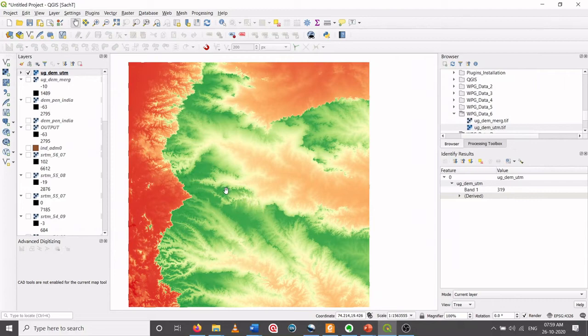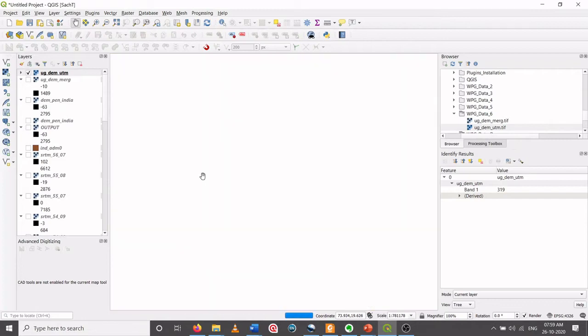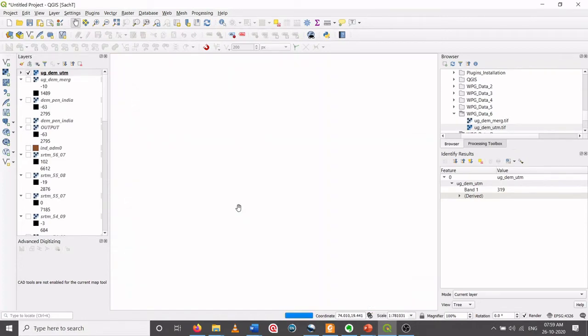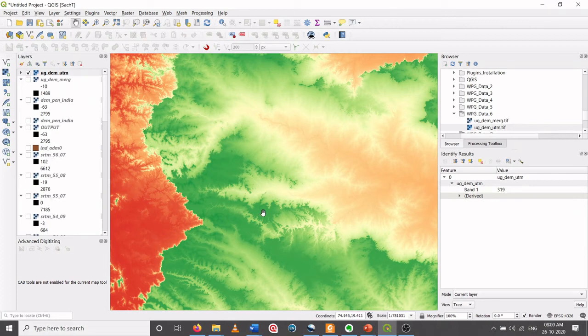Here you can see these differences of various shapes. It is all because of the various color codes we have assigned. If I zoom in, I can easily see a topography. I can see these are the valleys and these are the hilly areas.